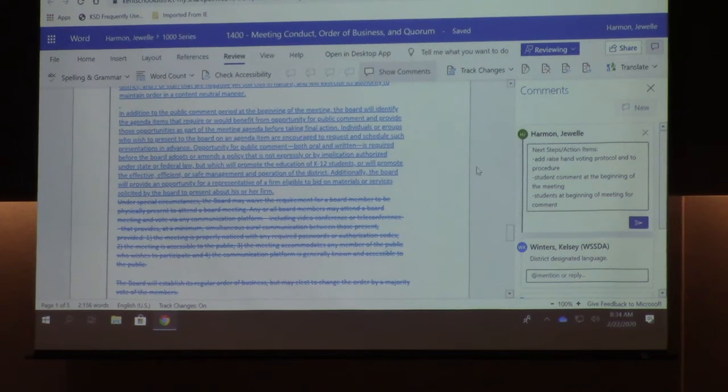Because I don't want us to get into a debate with our public about who decides what's important enough to extend comment and what's not. Right, because then that becomes an interpretation of, well, you value this particular topic, and now you don't value this, and you're not extending this time.